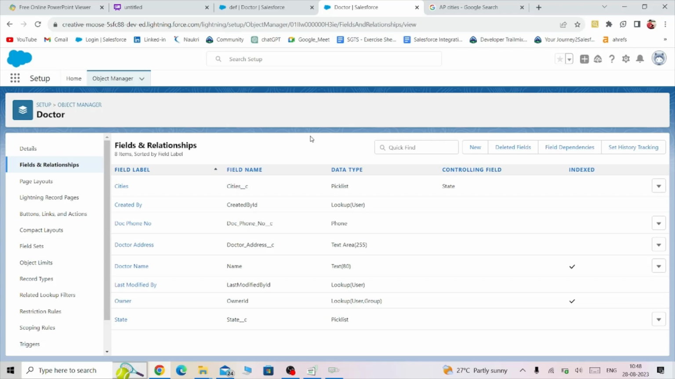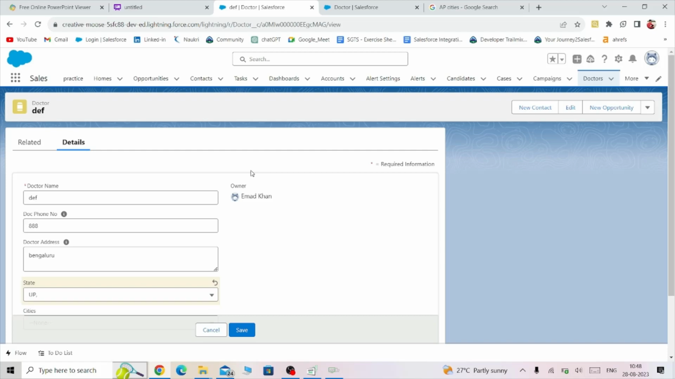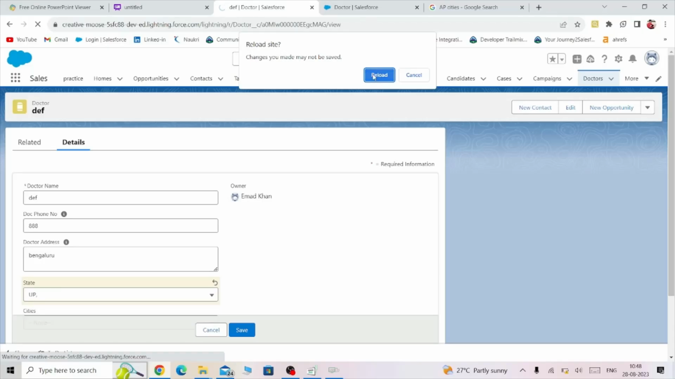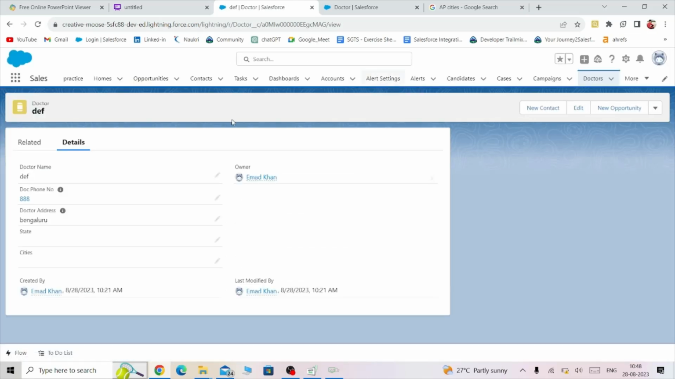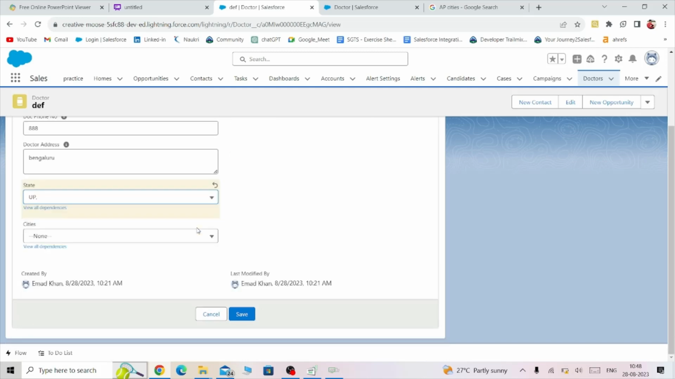Now you can check whether your functionality is working properly or not. Do a hard refresh. Click on the state and select UP. After that, you can find